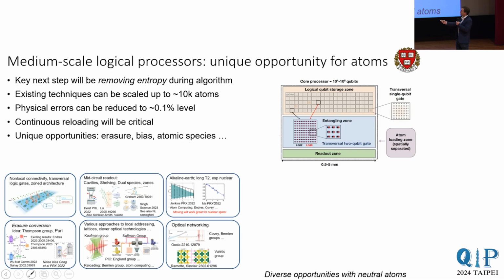And I really just want to highlight here, this neutral atom community is a pretty special place. We're taking a pretty collaborative approach, and there are many quite amazing things people are working on across the community. To name just a few, there are different types of clever optical networking. There's erasure. There's a really interesting erasure poster here from the Puri group that you should go see. And exploring different atomic species. I think there are really unique collaborative opportunities that we're working on here.